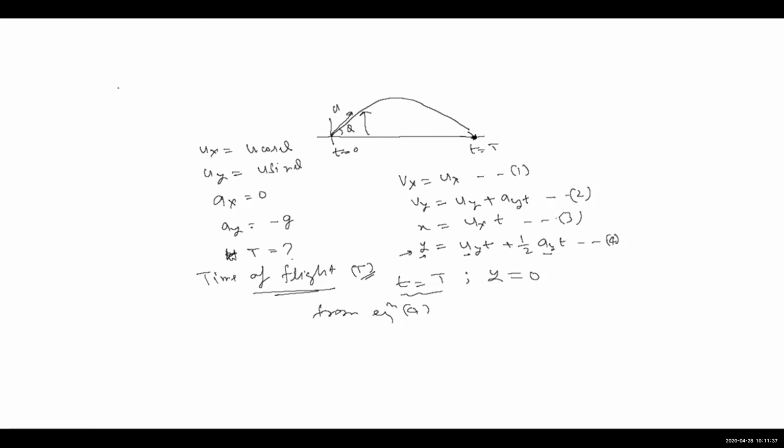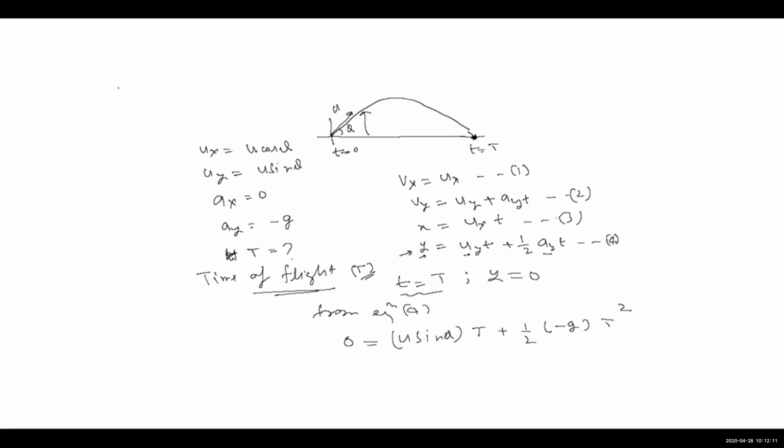So if I use equation 4, which is this one, I put these values here. Let's put y as 0. The value of y will become 0. So we have u sine theta multiplied with capital T, because we are putting y as 0, so we have to put time as capital T, plus half into minus g into capital T square. So my equation 4 gets converted into this one, which will give us,